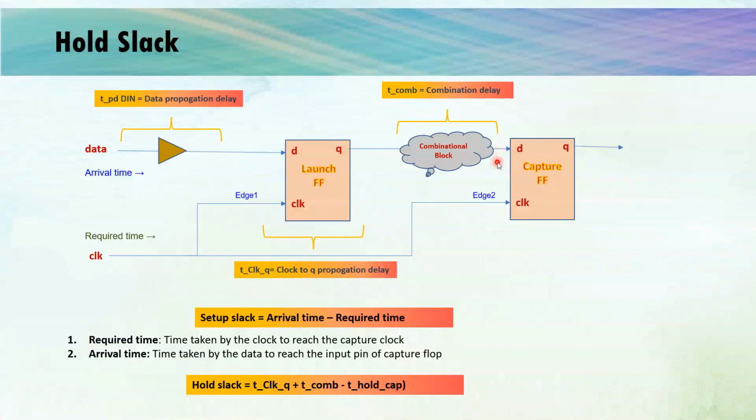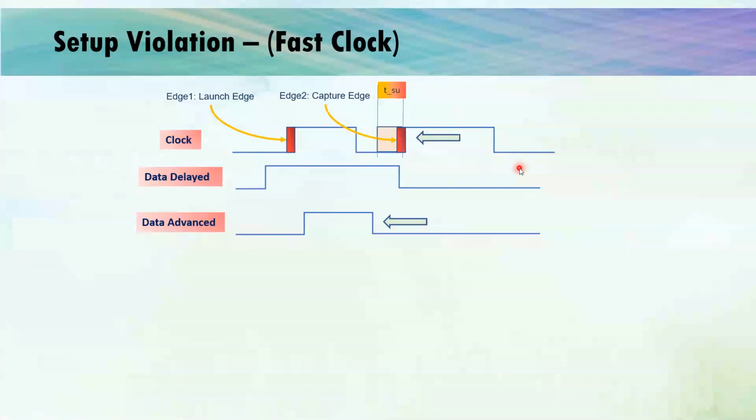This arrival time of the data should be more than the hold time of the capture flop, so that we can say that our whole slack will be positive and we are meeting our timing constraint. Or another way we can say that if this time duration, which is from clock to Q and then combination, is more than the hold timing of that particular capture flop, we can say that data was stable during the hold timing of the particular flop that we have seen in the past examples also,